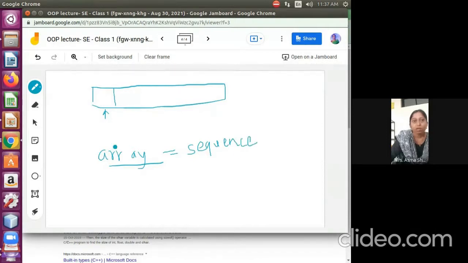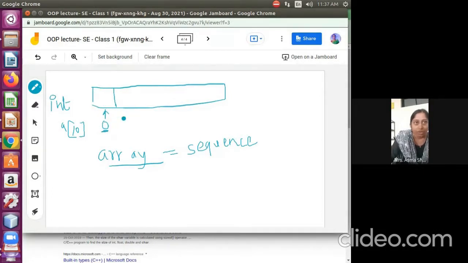Now it is an integer array. If it is int and I am writing int a of 10, what exactly happens? Ten memory locations are allocated in memory. It begins with the 0th index. To access particular data from this array, I have to use a particular index.